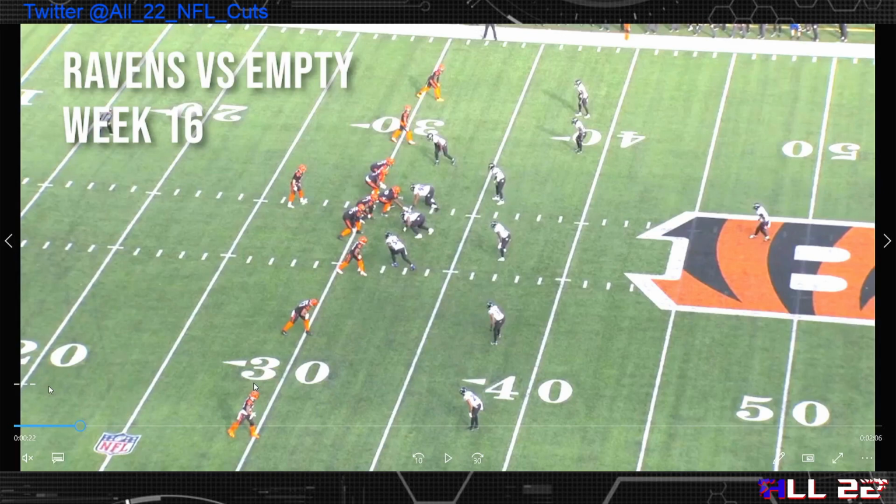the Ravens. And the Ravens, in my opinion, as a Ravens person, I consider myself a Ravens analyst. I don't know if you do, and that's fine if you don't. But I think that we have a lot of trouble with empty, offensively and defensively. We don't have good coverage concepts against empty, and simultaneously, we don't do a good job offensively running our empty